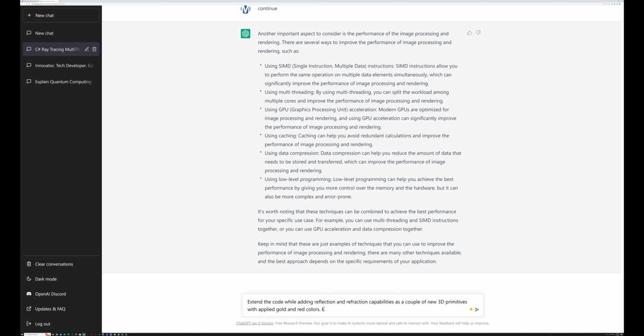Extend, add also additional 3D, single primitive, 3D primitive, 3D sphere, 3D sphere primitive